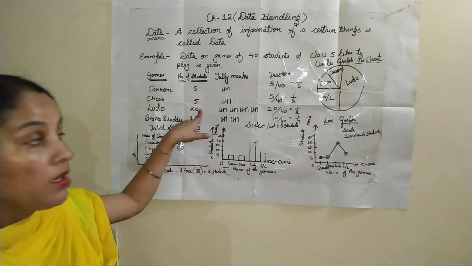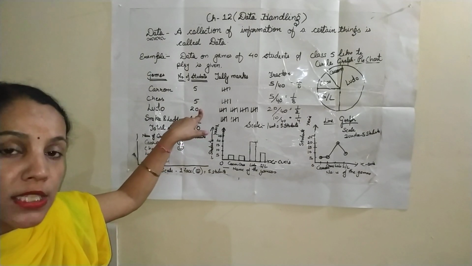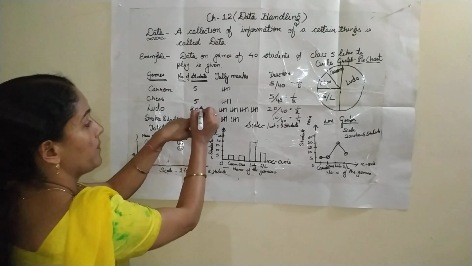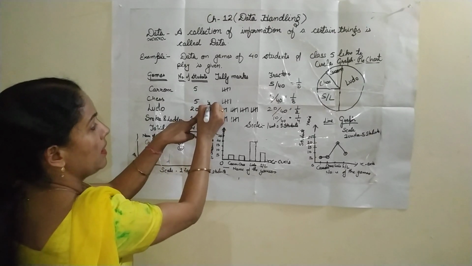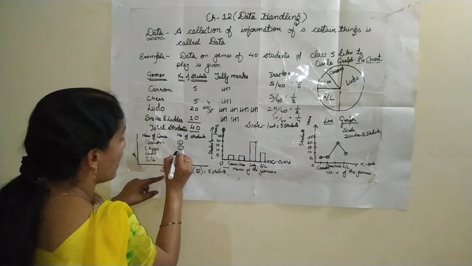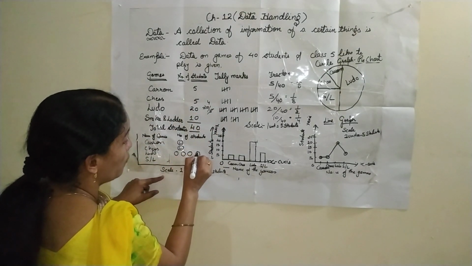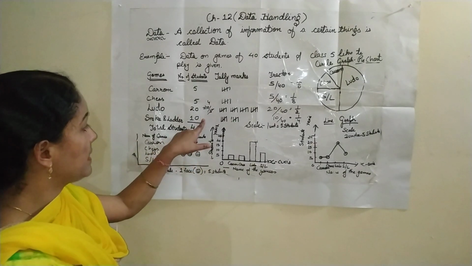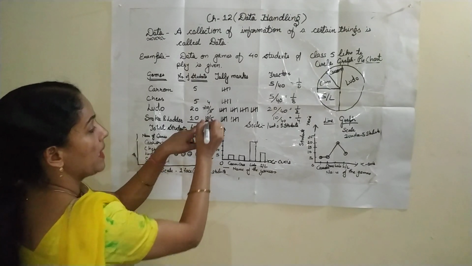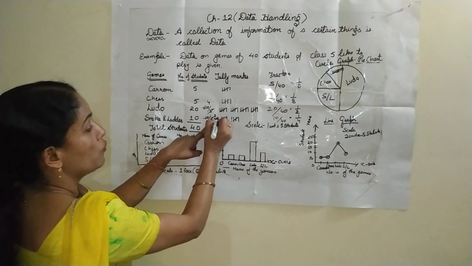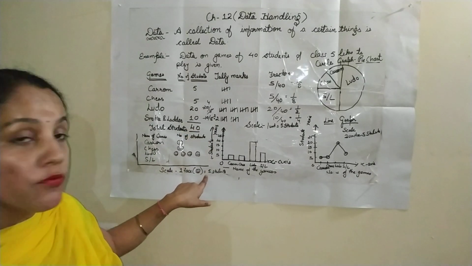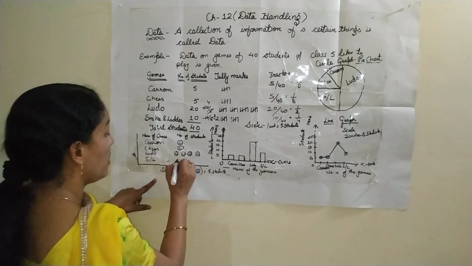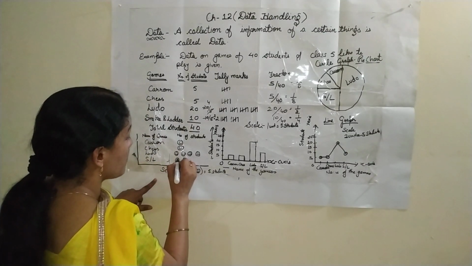For Ludo, here Ludo has 20 students. So how many faces do you have to draw here? Divide 20 by 5, we get 4. So 4 faces. At last, 10. Divide 10 by 5, we get 2. Why did we divide by 5? Because we assumed 1 smiley face for 5 students. So here you have to draw only 2 smiley faces.